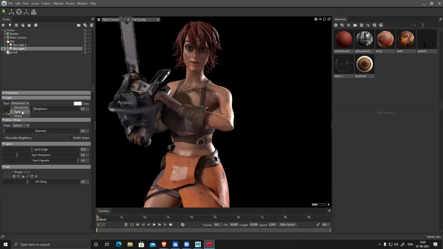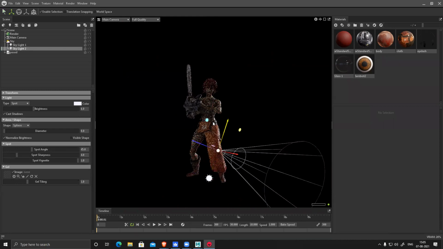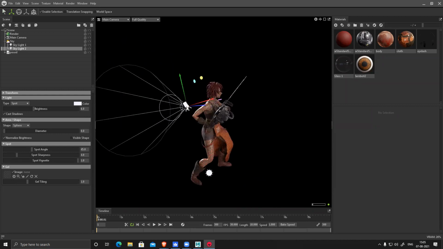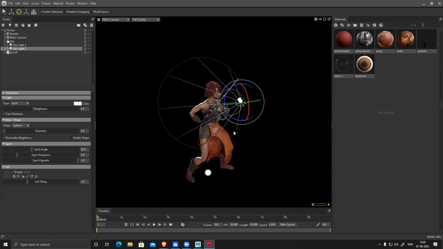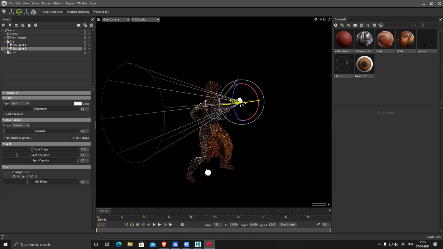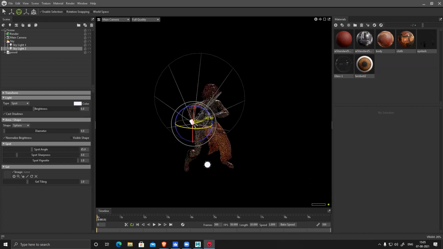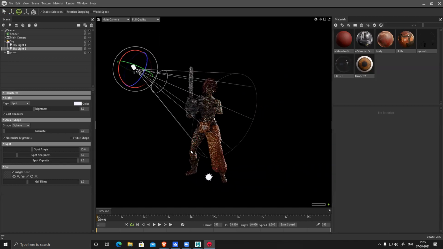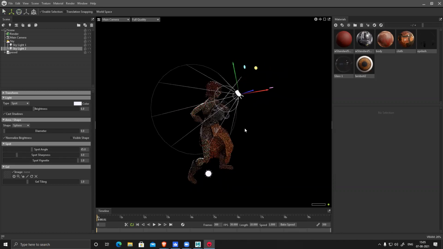Secondary direction light, I can convert this into a spotlight. Move it slightly.